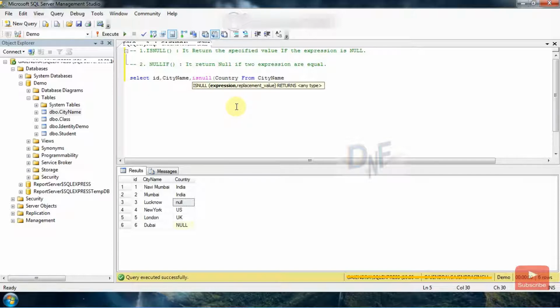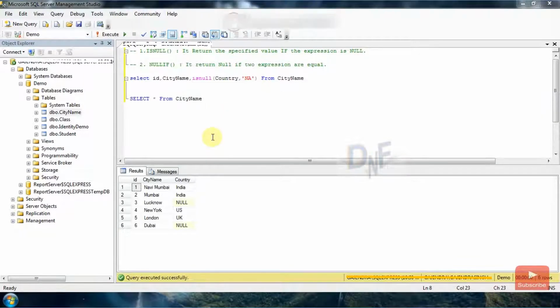You can see the ISNULL function has two expressions. The first is the value or the column on which we are going to apply the ISNULL functionality, and the second is the replacement value, what you want to replace with if the value comes null from the country column. You can put anything as the replacement value according to your requirement.